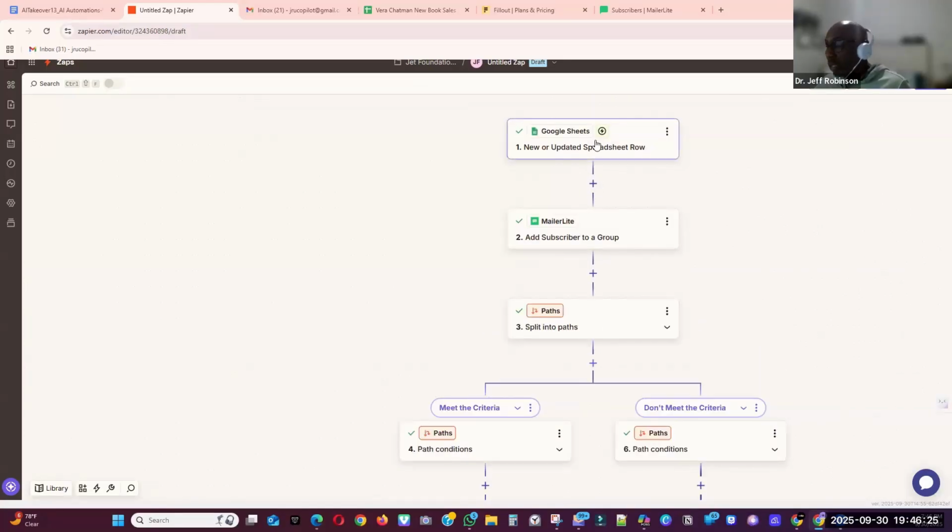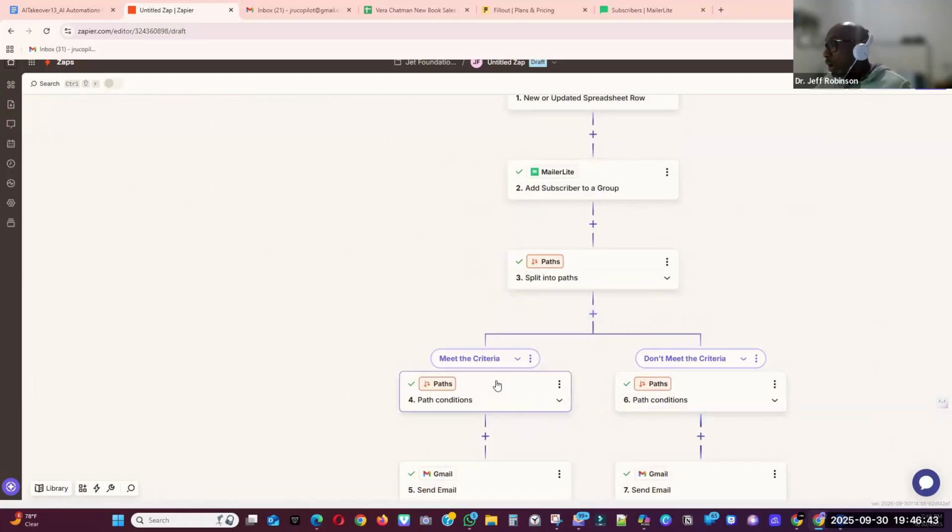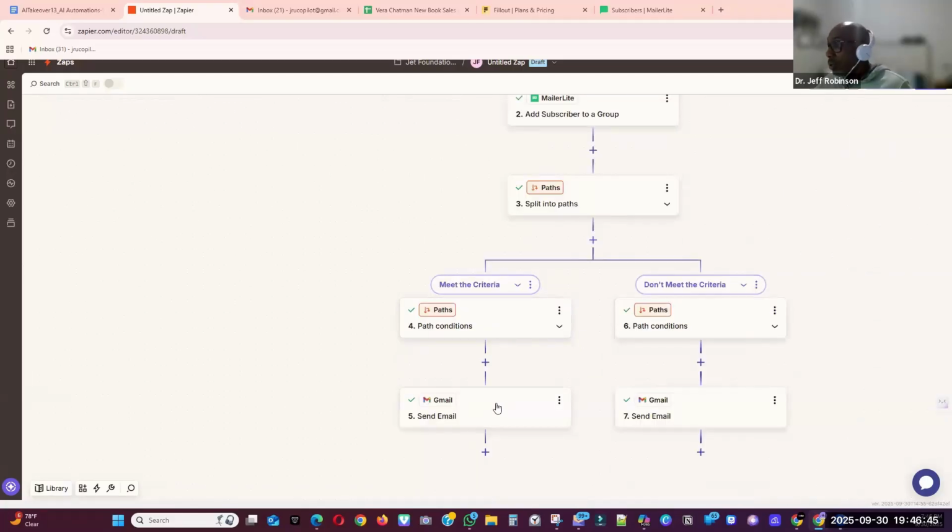So yes, we're saying take that information, add them to my contact list so I can send them future correspondence. Then I want you to go back into the spreadsheet and make sure they met the criteria, because the criteria is about if I'm going to give them the book or not. I still want to collect that data. I still want to communicate with them. So split into paths. If they meet the criteria, they're 18 and they're Christian, go ahead and send them an